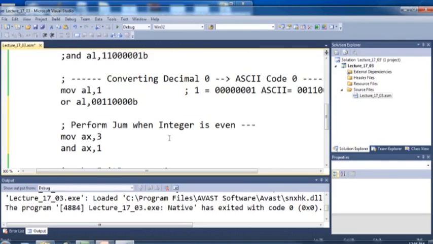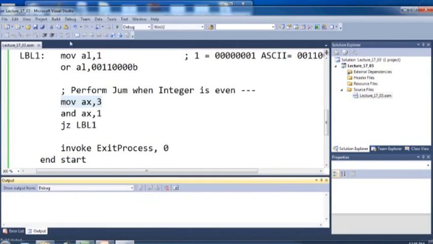Then I say JZ to LBL1, so I want to define LBL1 here. LBL1 is defined here. So if it is even, then it will perform the jump, otherwise it will not perform any jump. So I just save this one